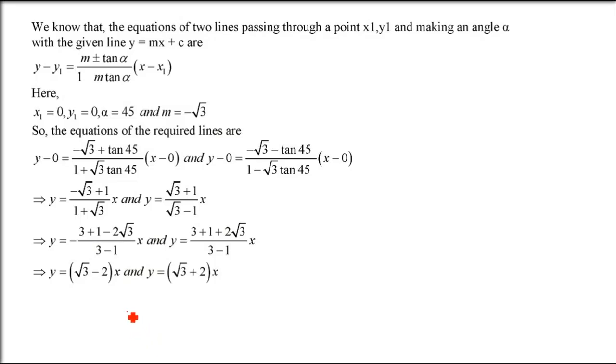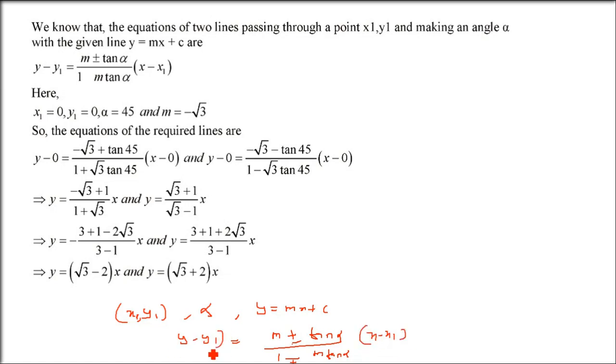two lines, that is we have to find the equation of two lines which are passing through x1, y1, two lines or multiple lines passing through some point x1, y1, and also they are making angle alpha with a line which is y equals mx plus c. So what will be the equation of that line or lines? y minus y1 equals m plus minus tan alpha by 1 minus plus. If you use plus in the numerator, you have to use negative in the denominator, and likewise, and x minus x1. So this is what you have to remember, because this is what is being used everywhere in this exercise.